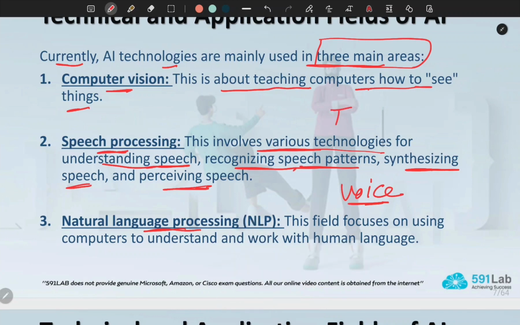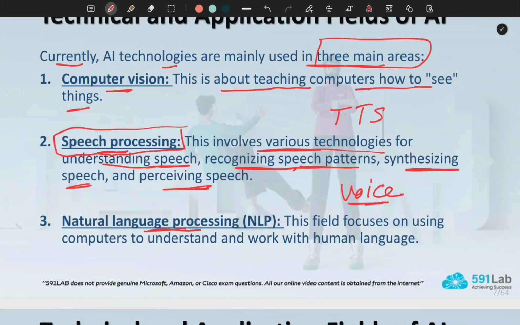It doesn't understand what it says, but it converts it from text to speech, or vice versa. It converts voice and sound into text. So this one doesn't mean that it understands the language, but the main task of it is to convert text to speech and convert speech or voice into text.